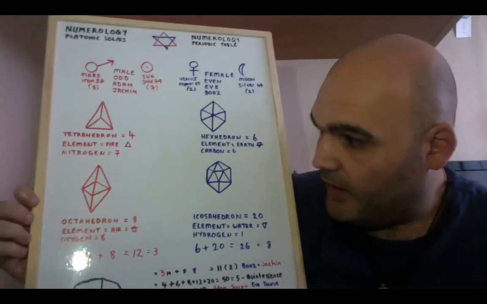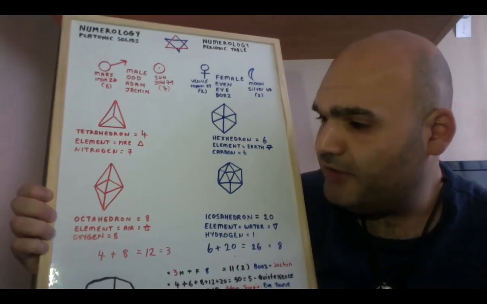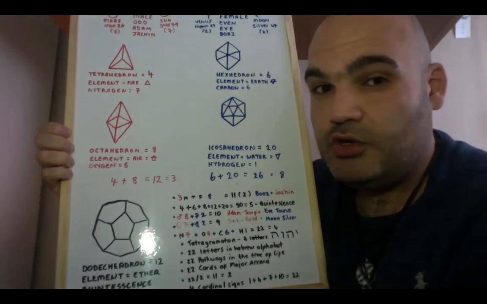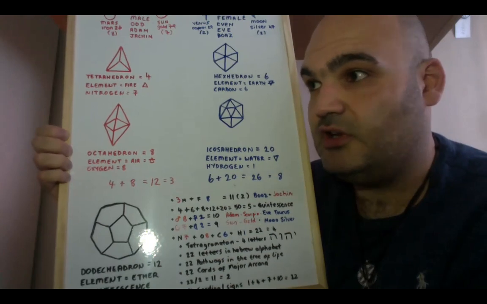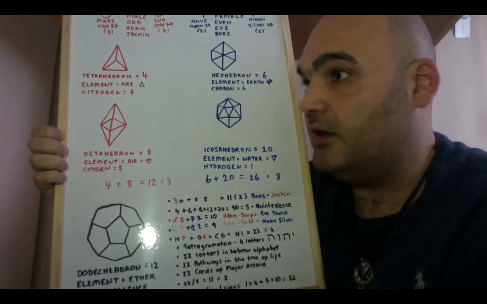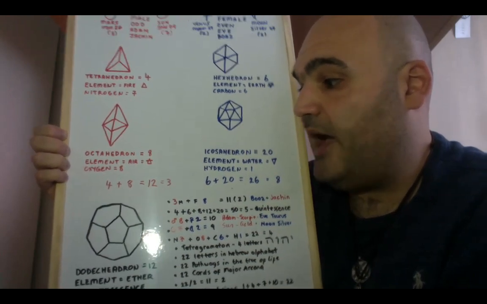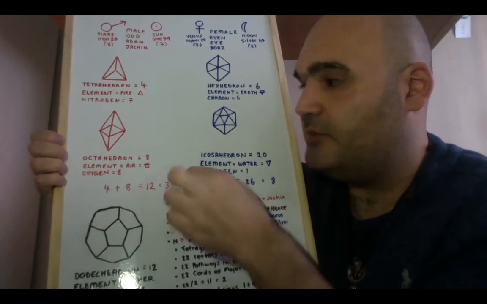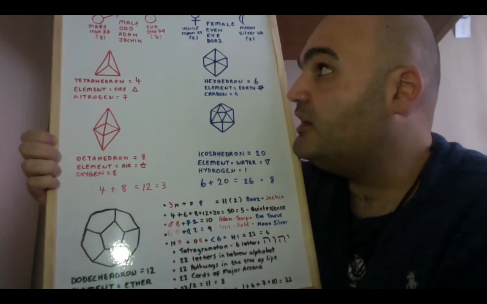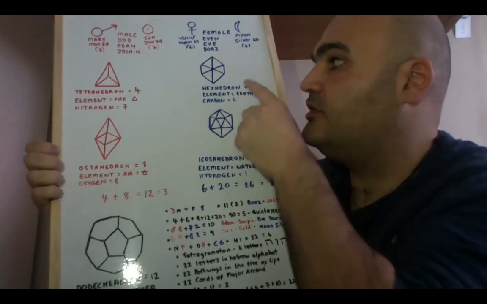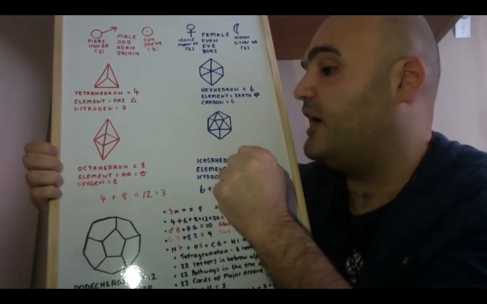So moving on from that, another interesting concept, I'll move this up so you can see it. Like I mentioned before, you can only make 5 Platonic solids. There's only 5 possible shapes that could be made by adding the same amount of equal shapes. So what I did then was add the 4 of the tetrahedron, the 6 of the hexahedron,